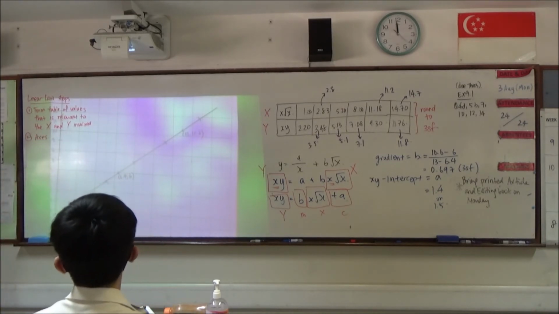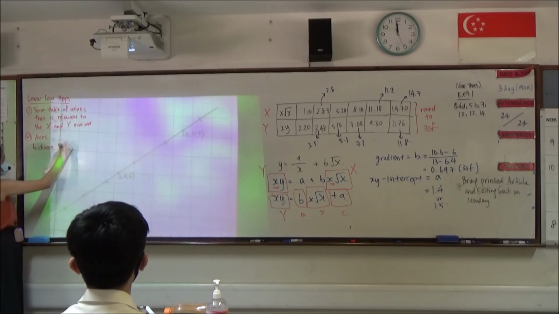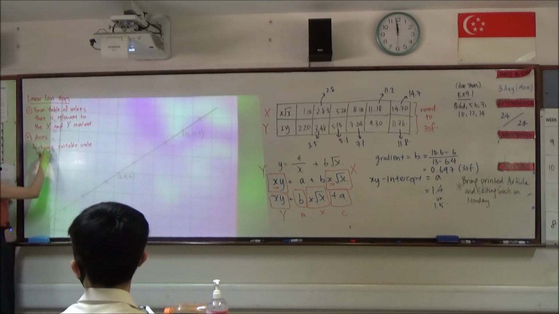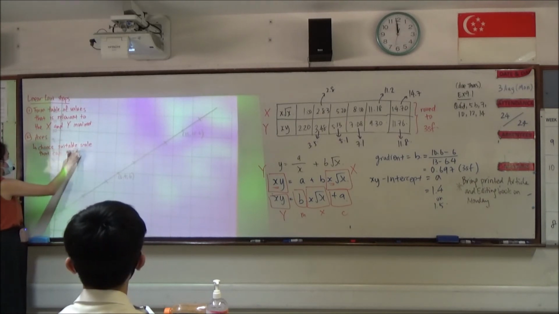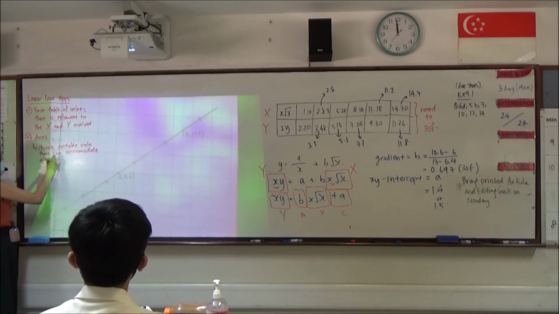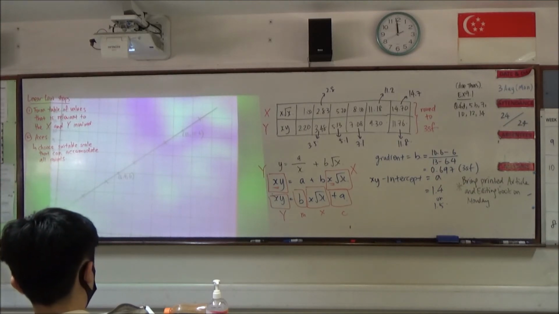We need to choose a suitable scale. So far we did not have to choose. You should choose a suitable scale that accommodates all points, and also allows your graph